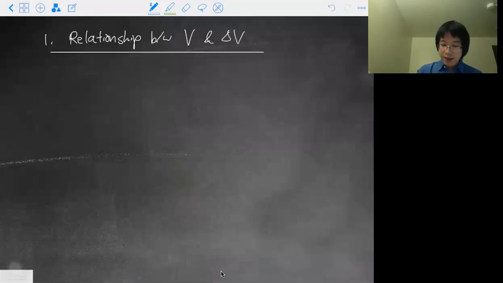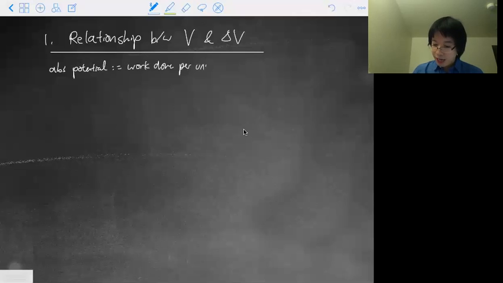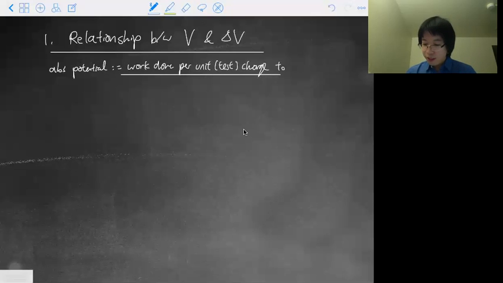So V, if we want to emphasize it, when we say potential, usually we mean absolute potential. But I don't want to say absolute every time unless I'm emphasizing it. So if it's just V, it's potential. Just to recall, this is the work done per unit charge. So this is the main part, work done per unit charge, or if you like, work done per unit test charge. And then you need to know the fine print as well to get the full points. To move it,